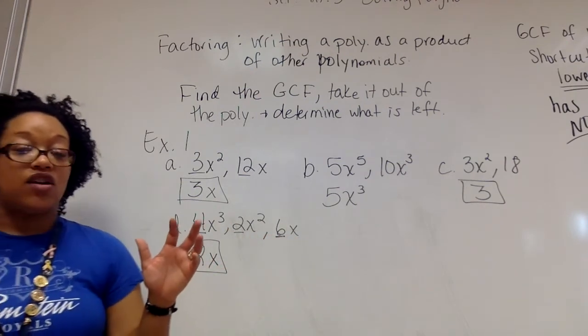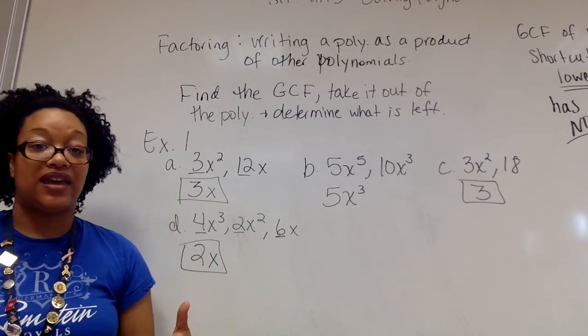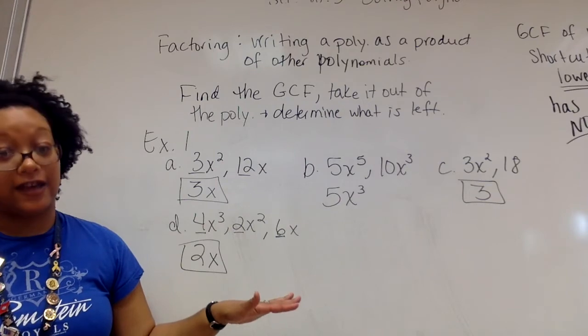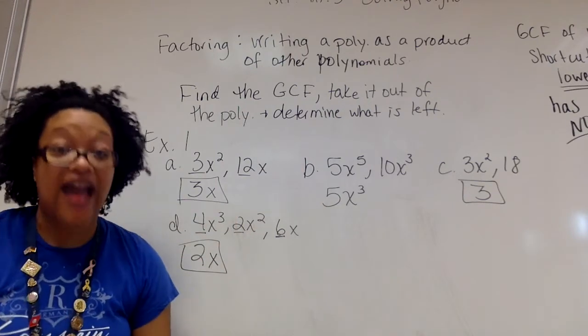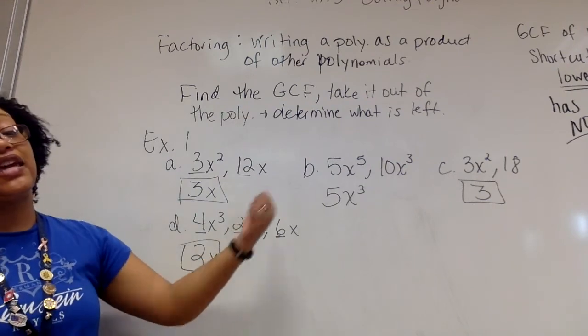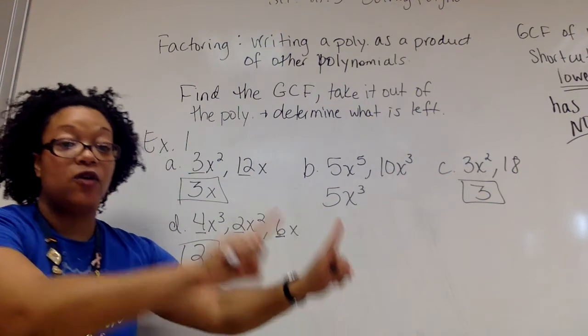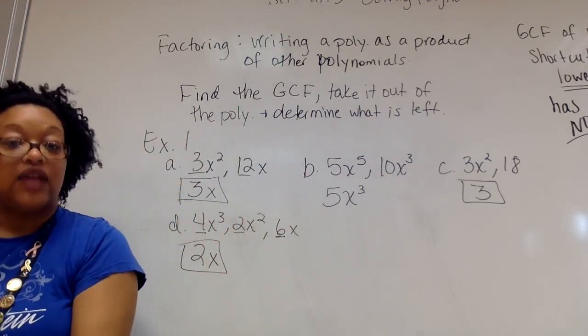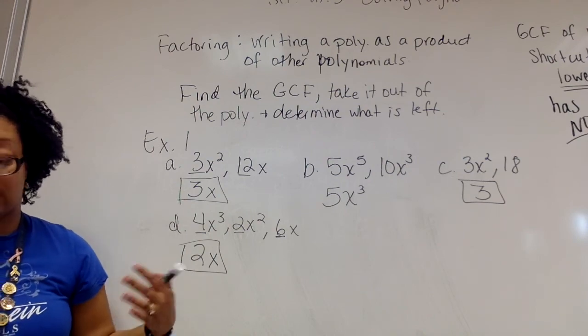Now, what we did here was literally a timeout in Algebra 1 to review GCFs. I had to do this because in the next video, we're going to go back to the factoring and we're going to see how this comes into play, because you got to factor the polynomial in order to solve it. So that's the next video. We're going to start with factoring out a monomial and then we're going to see how we have to take the GCF